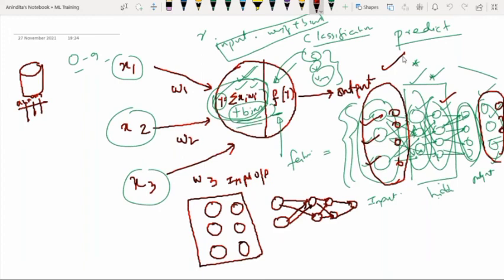So from the next day onwards, we will discuss some of the problems and how this neural network will work. This architecture is so powerful, and it is one of the most important machine learning techniques that we can use. But there is one drawback. So what is this drawback? We have to point it out.